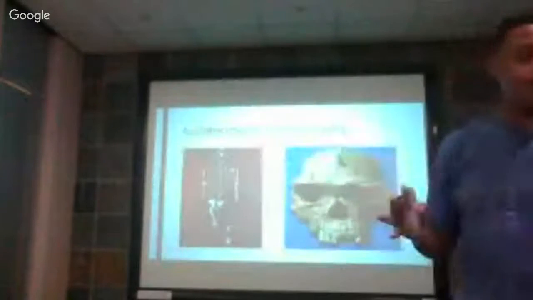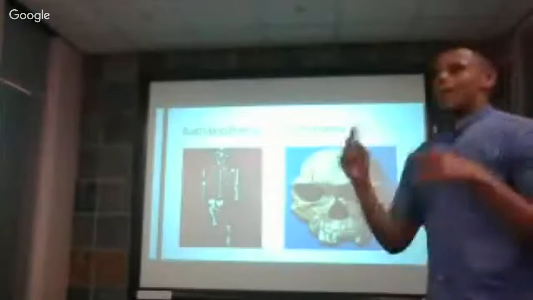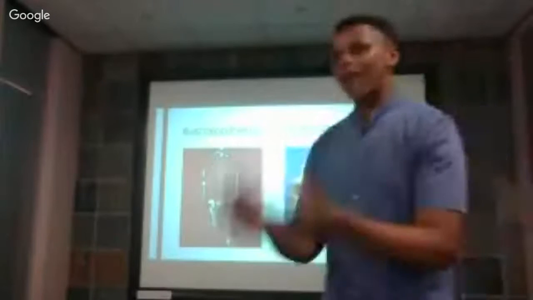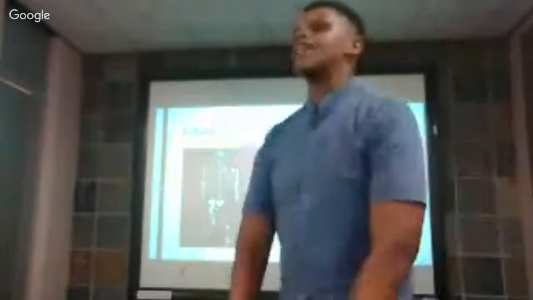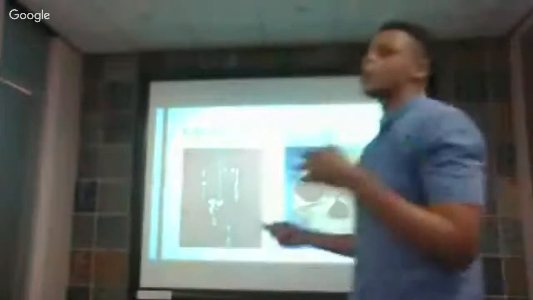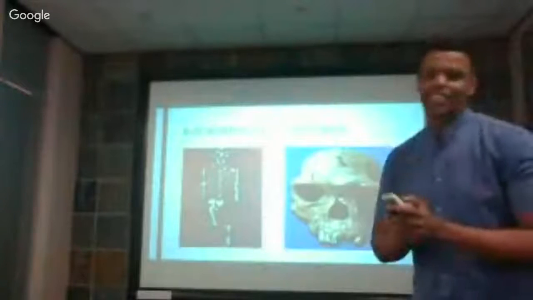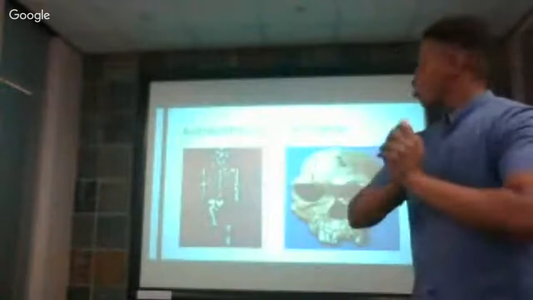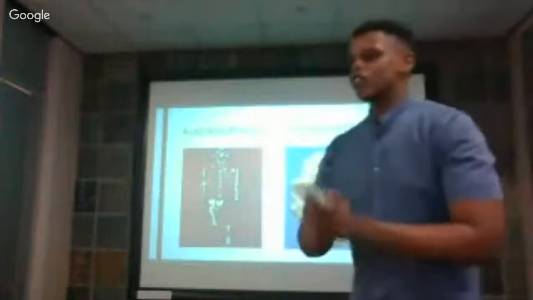Now, the Australopithecus africanus, which you have here, was quadrupedal. When I say quadrupedal, I mean it used both hind limbs and forelimbs in order to achieve locomotion. Australopithecus was the organism which led to the genus Homo.